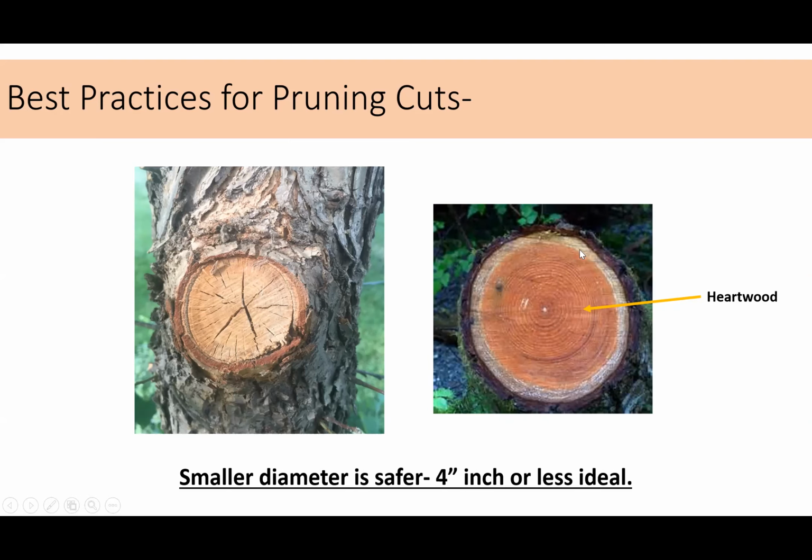The whiter, lighter colored wood is what we call sapwood. That is wood that is still alive. It can actively fight decay. It's moving water and nutrients. It does have some dead components to it too, fibers and such, but it has living components as well, okay?